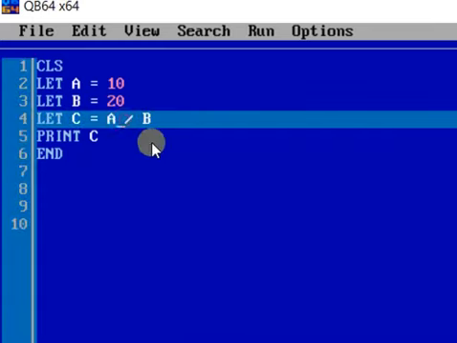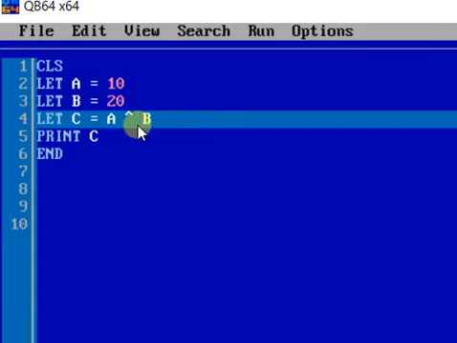Now there is another symbol, that is called exponent. It is given by caret. For getting the caret symbol, you have to hold the shift key and press the number 6 on your keyboard. On the left hand side, at the top, the numbers 1 to 0 are there. First you press shift, hold it, and then press the number 6 to get this caret sign. It is the exponent sign, or called the power.